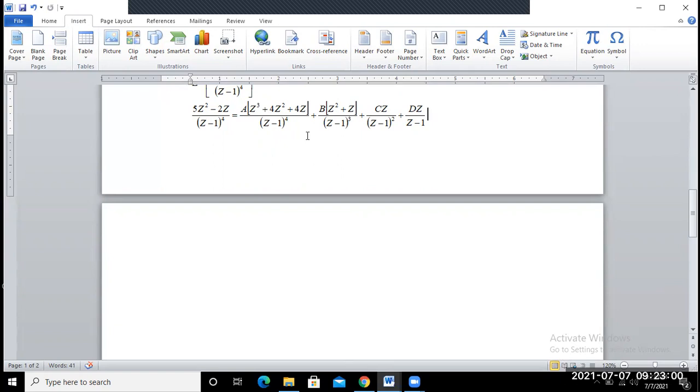And just simply write the value of the inverse z transform. If you solve this, you will get a equal to 1 by 2, b equal to 1, c equal to minus 3 by 2. Similarly, d equal to 0. Okay. If you put these coefficient values in this equation and take the inverse of the z transform, then you will get the value of x(n) equal to